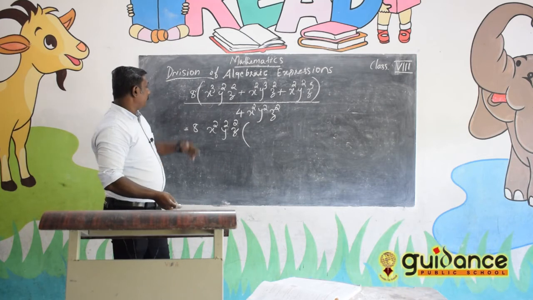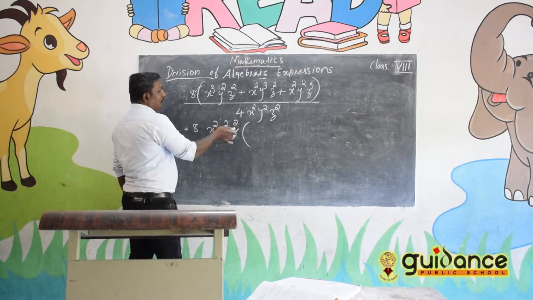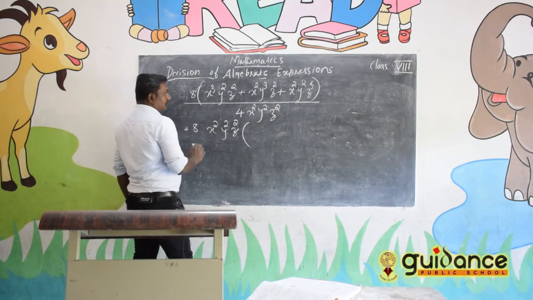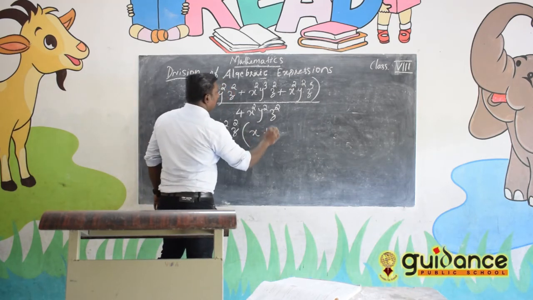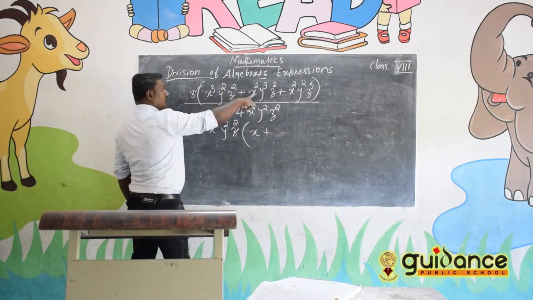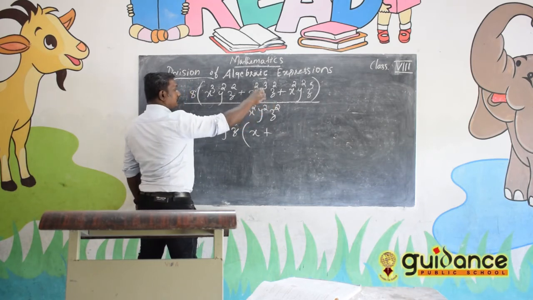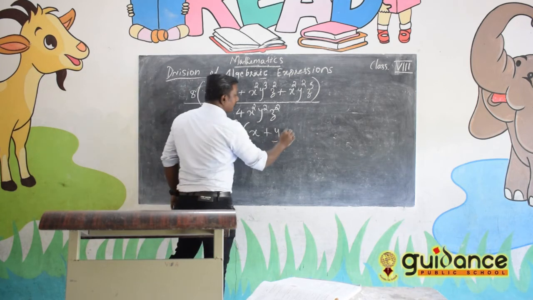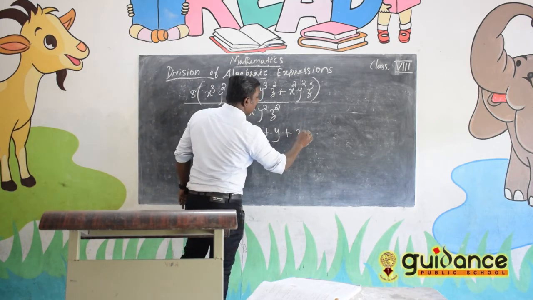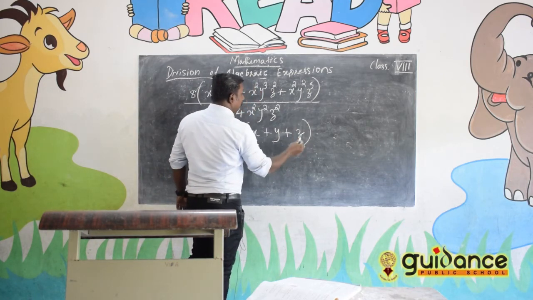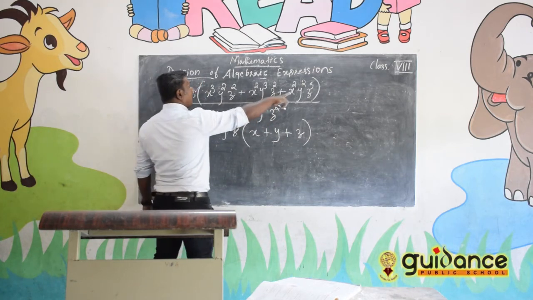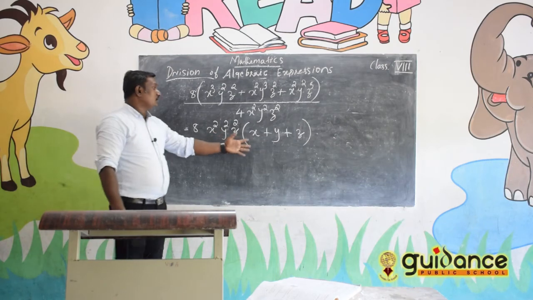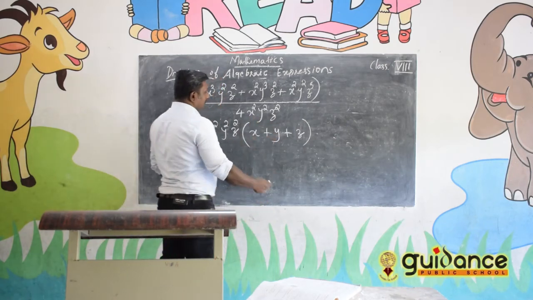So from the first term we take y square z square, then nothing is left. From x cube, x square is taken, then x remains. What about the second one? X square z square is gone, y cube minus y square, so that y will remain. Then in the last one, z will remain. So we took x square y square and z square outside. Then x plus y plus z is inside.